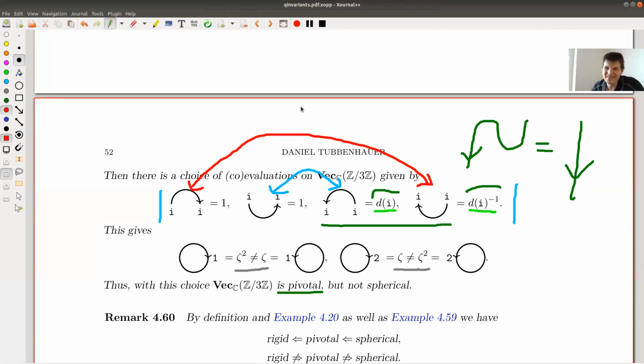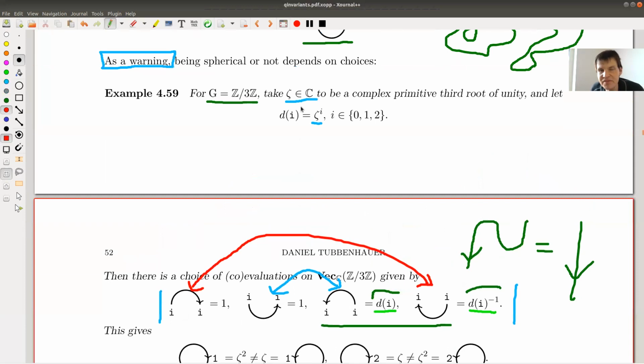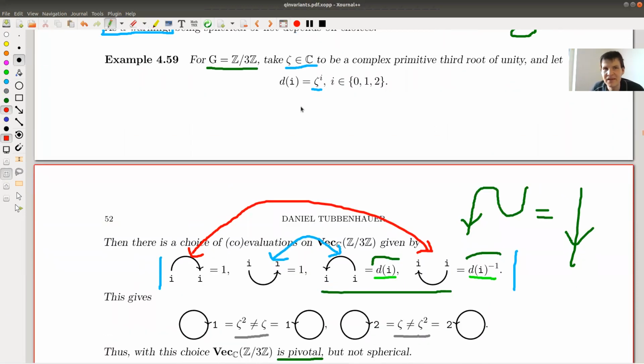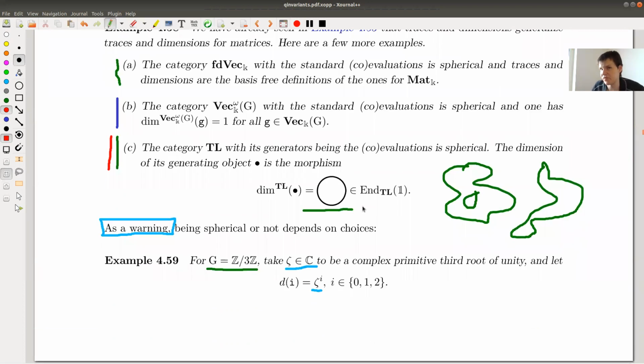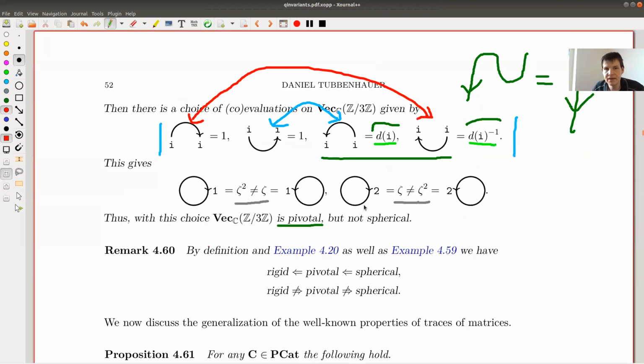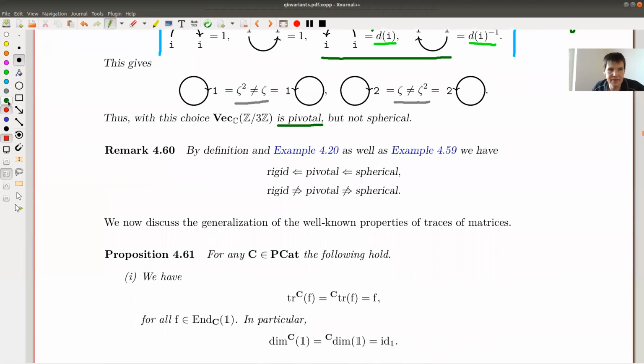So spherical is a choice. It's a bit annoying, but spherical is a choice. In most cases, as usual, it doesn't matter, and there's a canonical choice. But at least for this Z mod 3 example, it's off by a root of unity. It's off by a scalar, and that's usually what happens. Pivotal and spherical structures might be off by scalars. Be careful with those scalars. It's not too bad, but anyway,